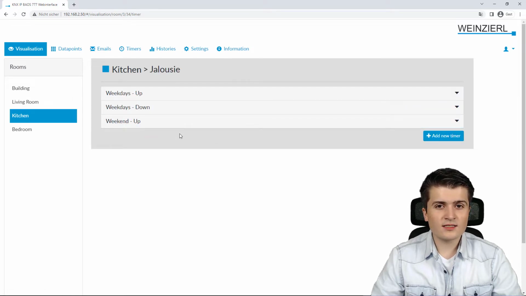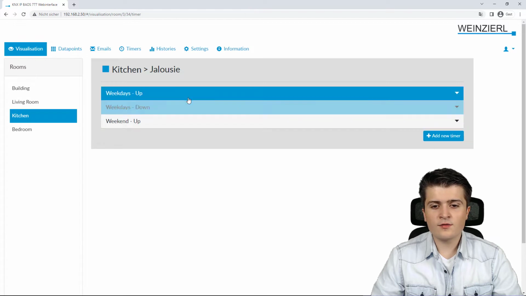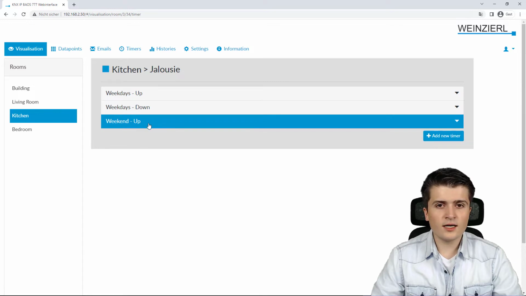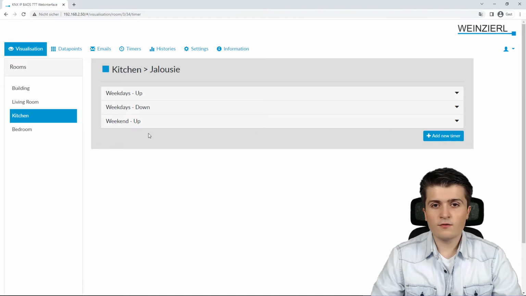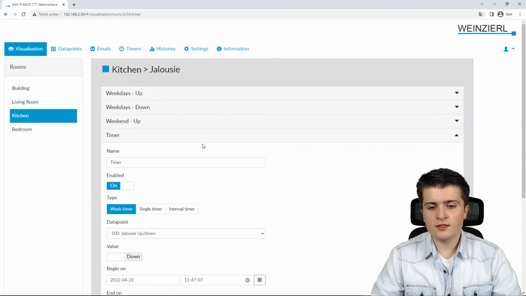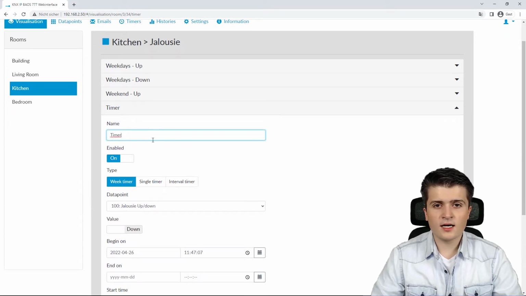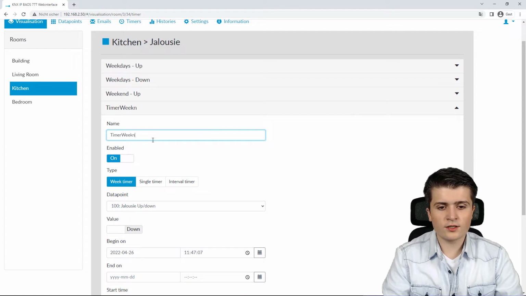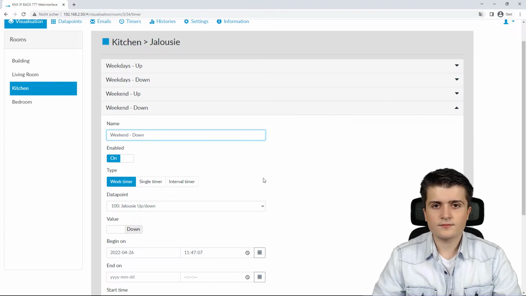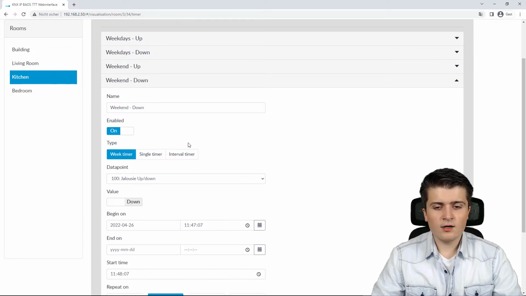Now here what you already can see is that there already exist 3 timers for this function. So for weekdays up and down, and for the weekend currently only for the up movement. And now I want to create a timer for the weekend for the down movement. To do this, I first of all click here on Add New Timer, and then I can give this timer a name. So here in this case, for example, weekend down. Then I will immediately enable this timer,